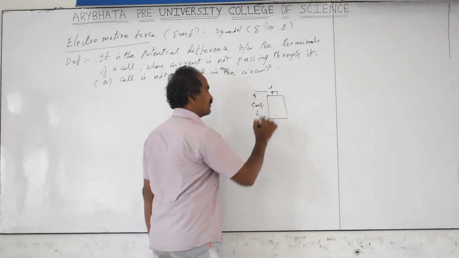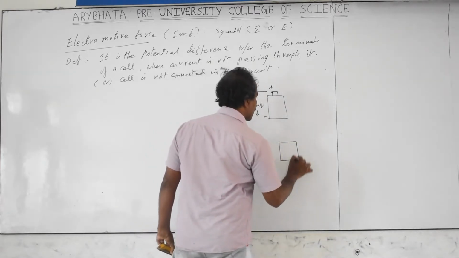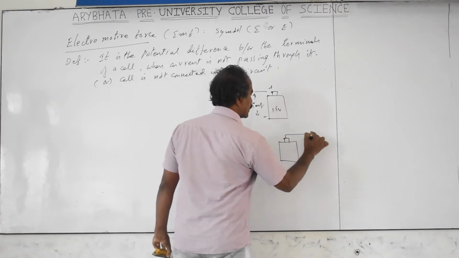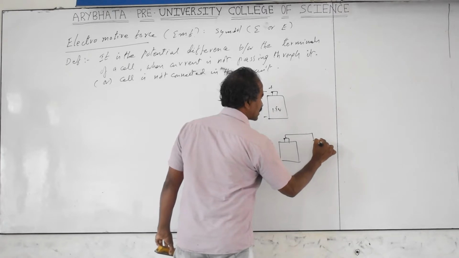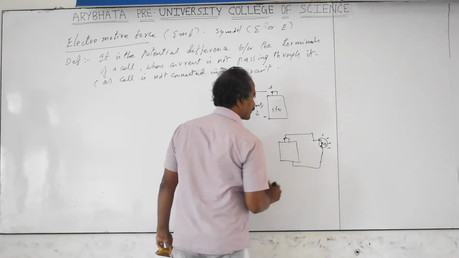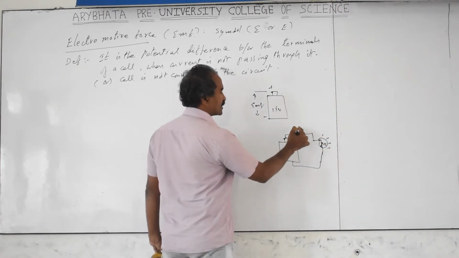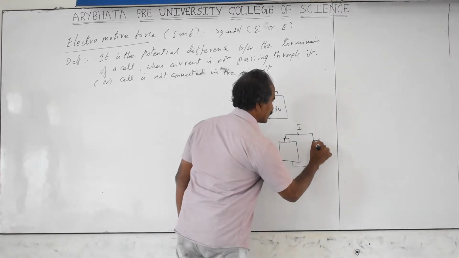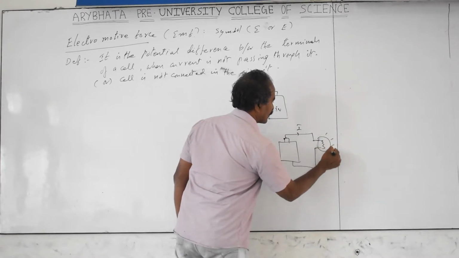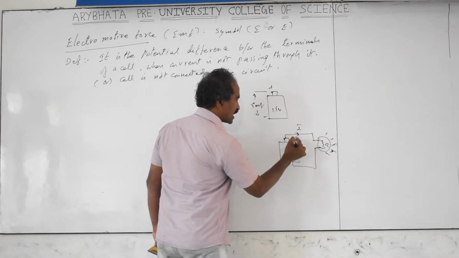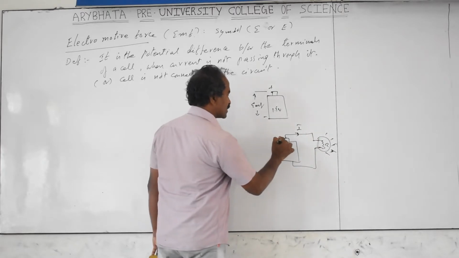But the same cell, if I connect it in a circuit. Now I take this cell, with EMF, for example, 1.5 volts. I connect this cell to some external resistance or some device having resistance, a bulb I am taking. The bulb has a resistance, the filament resistance. Now the circuit is closed, and when the circuit is closed, current starts passing. There is a conventional current going like this, and electrons go in the opposite direction. This is a plus, this is a minus.